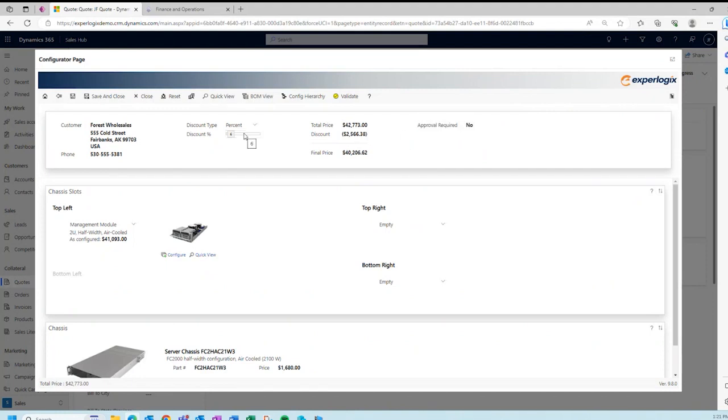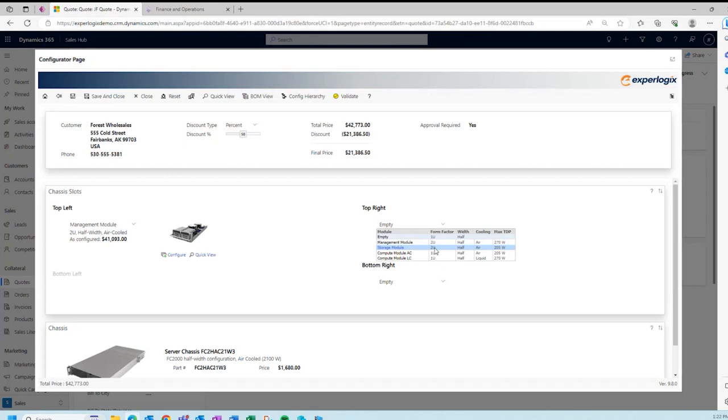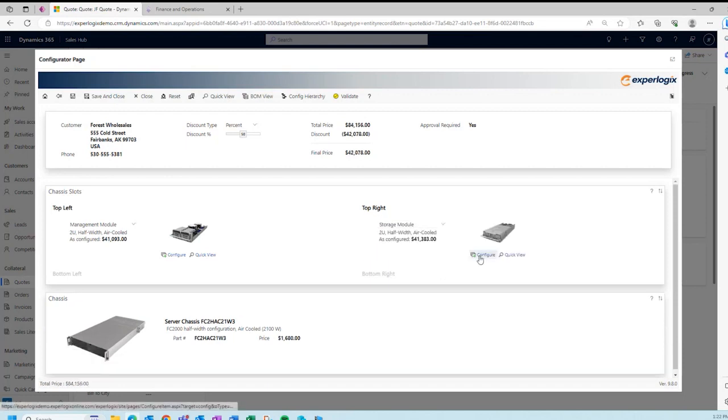So if we're a very enthusiastic salesperson and we really want to close this deal, so we're going to give a crazy 50% amount of discount, we see now we would need to get approval, which gets written back into the CRM system, where an approval flow would need to happen before we can actually send out and activate our quote. So let's go ahead and add more of our modules, configure this one,